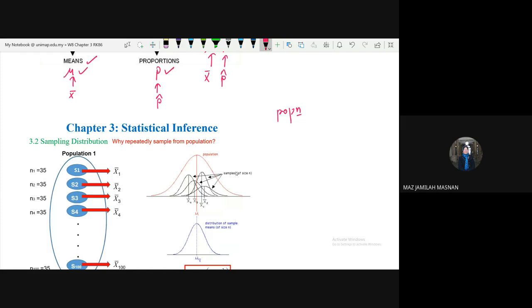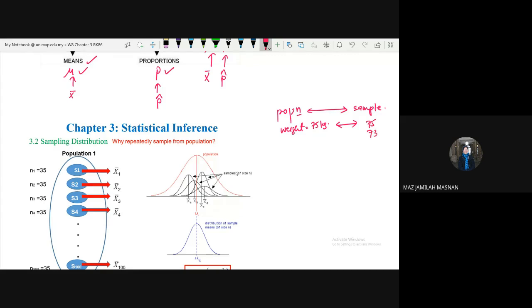When I say POPN, it is population. Population and sample. We believe that if we have some measure for our population, for example the weight of a student, let's say 75 kg, the sample may also have a weight of 75,